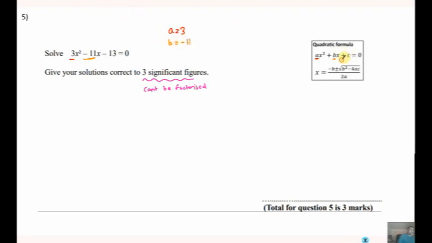And then your plus C, the constant, there's no x attached to it. The number that's on its own, again, in this case, it's negative. C would be minus 13. So the first thing you want to do is substitute those values into this formula. So this is telling me that x equals,